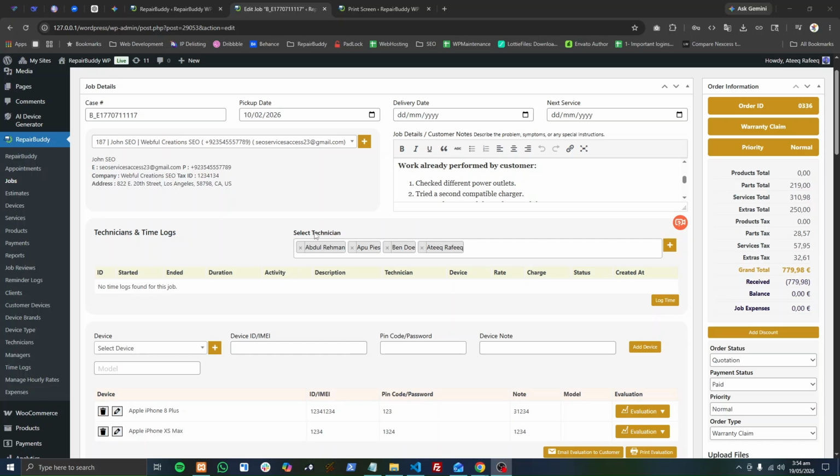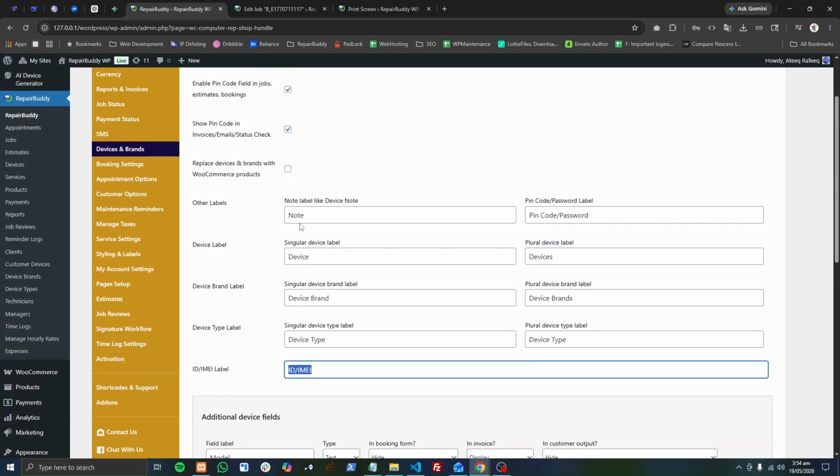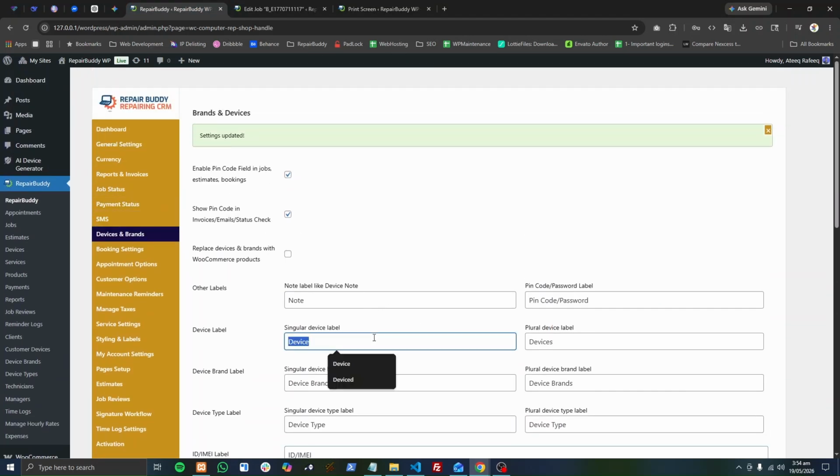Hello, alright, so I thought I should give you a demo for our devices module, how does it work. By default, RepairBuddy's devices module is set for mobile phone repair shops, but let's say you are repairing cars, then obviously you will need different options than the available options. So in that case, what you can do from settings, you can just change device to models,